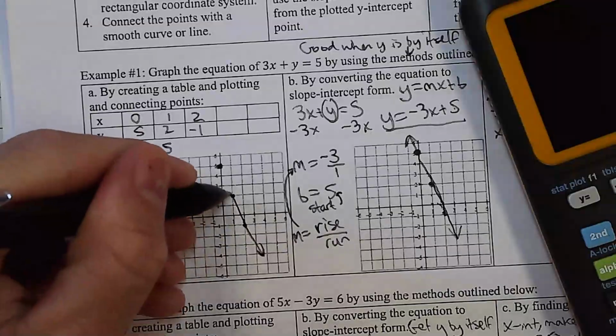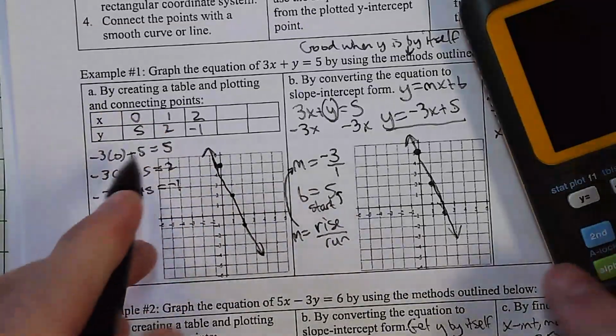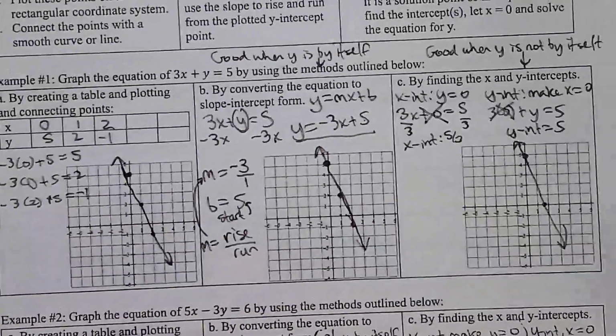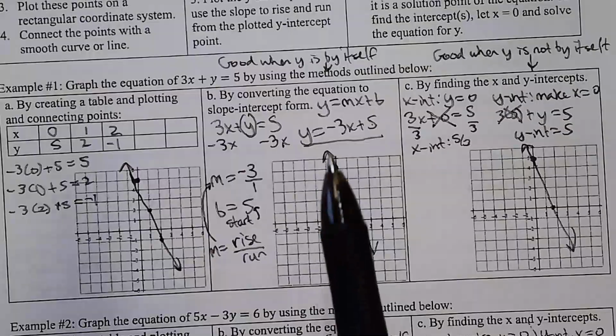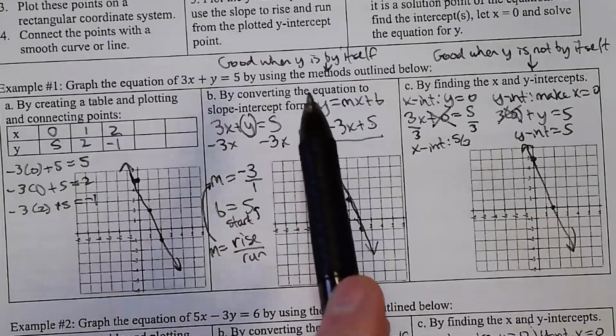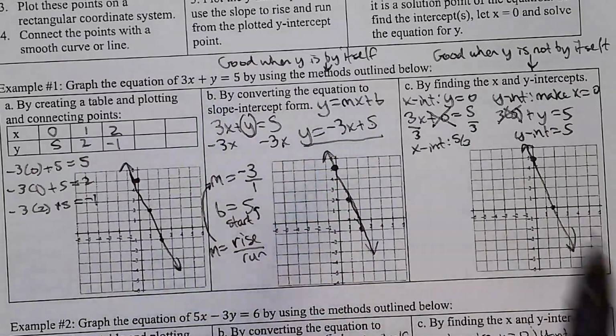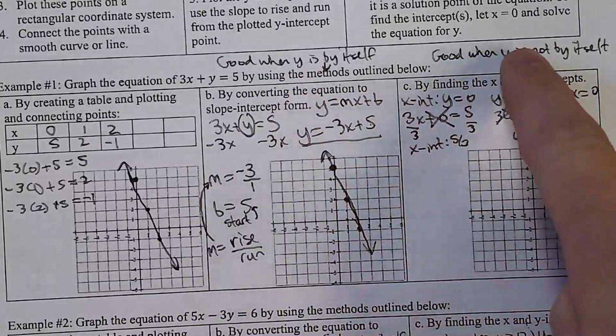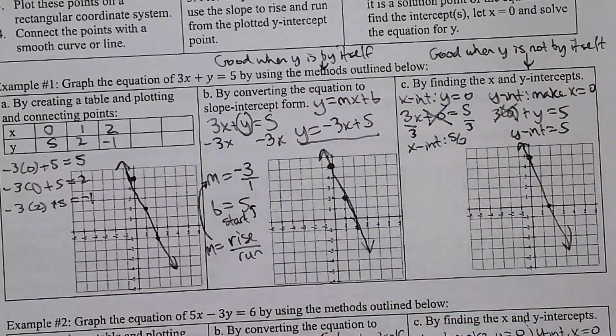Okay, so you see it's the same thing, but I don't think that's very efficient, but that's just me. So my advice, if I'm giving Frankie advice when he's doing a test, like which way should I do it? He could do it either one of these two ways, but what I would tell him is: y by itself, do this way. Y is not by itself, do this way. That's the easiest way to do it, but